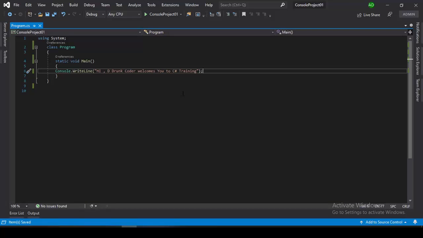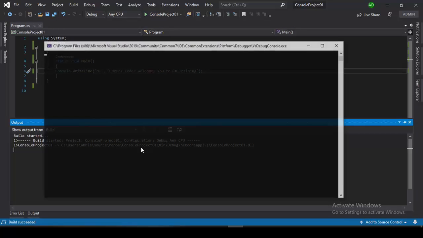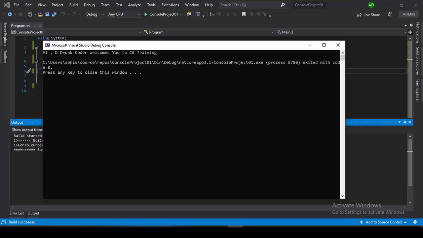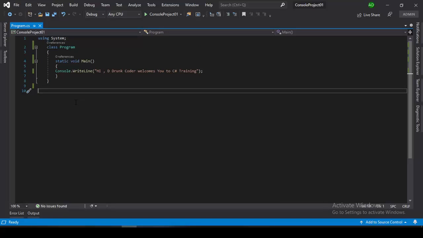So just save this program and press Ctrl plus F5. The build will start, and you can see that your message has been printed on the console screen: Hi, Drunk Coder welcomes you to C# training. So this was your first very simple console application.